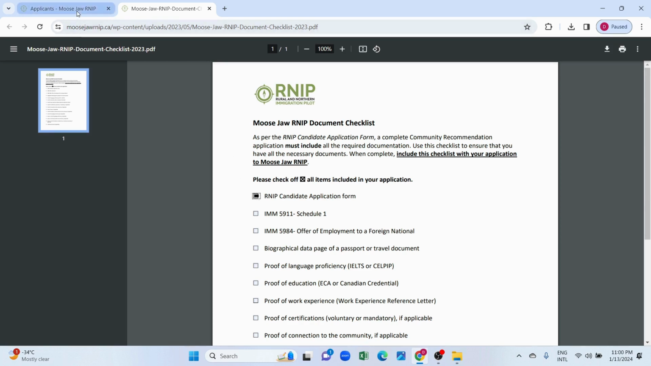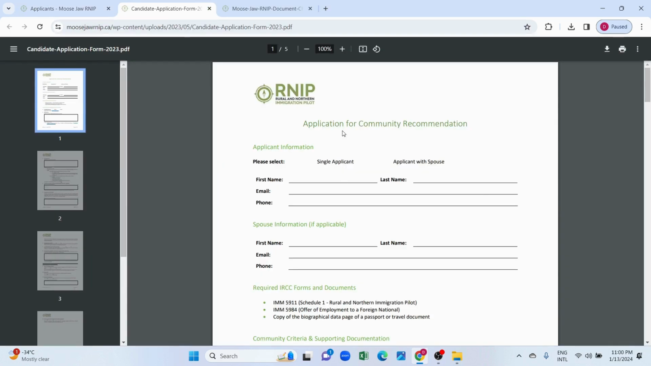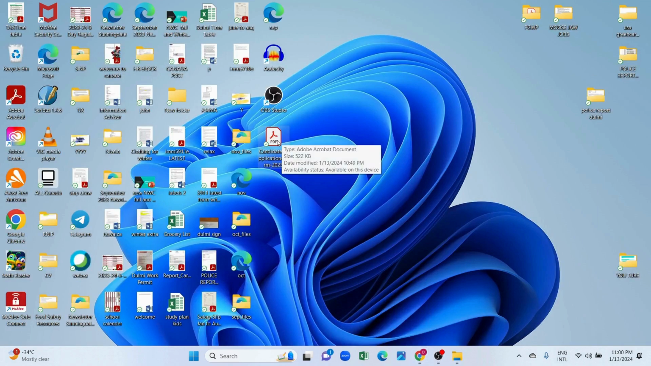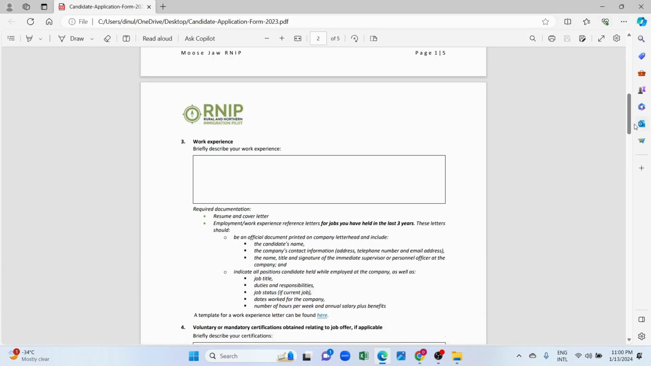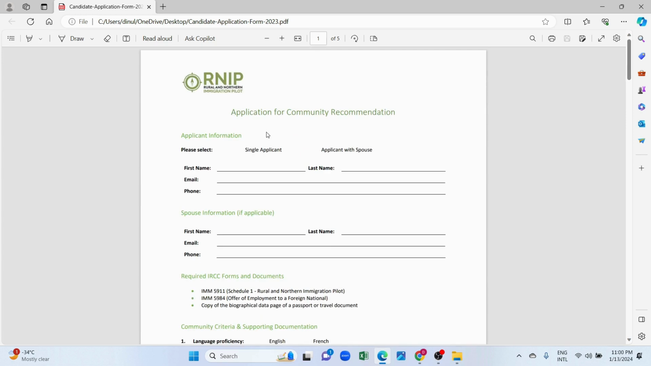So this is the RNIP candidate application form. First of all, we'll go to that application. You can take a printout and handwrite it, but I would rather prefer typing it. What you can do is download this and save it, and then open it, probably in Microsoft Edge. So you can get the text and type it. For example, if I type Sam